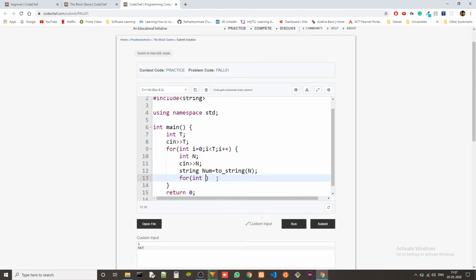So we need a for loop for that, and we need two pointers actually. So let's say we have two pointers, j1 and j2, and j1 will be 0 and j2 is going to be, well, it should be the length of the string. So let's initialize j2 to the length of the string, we can use num.size. Okay, this is a method in the string.